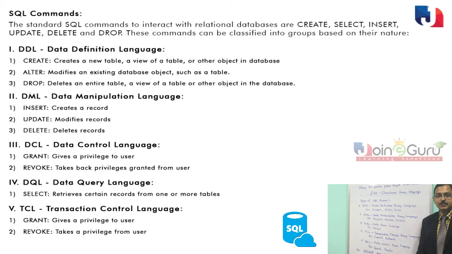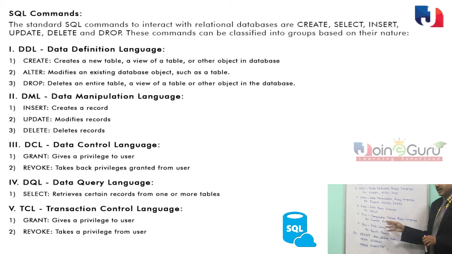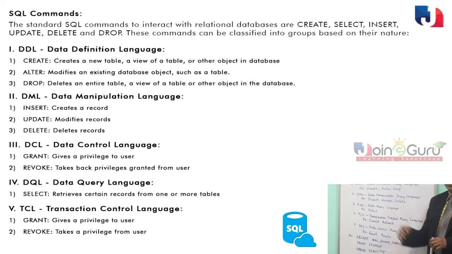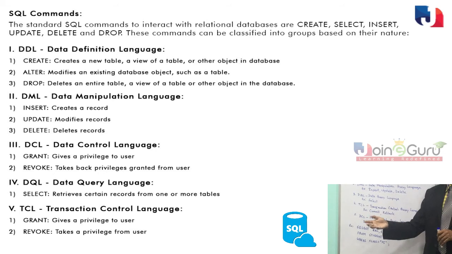Next, the third one: after entering the data, if you want to retrieve the details from the database table, we need DQL query, that is Data Query Language. It contains the select query, which is used to display the records as per our criteria. Next, TCL for transaction oriented operations, that is Transaction Control Query Language, we can use commit and rollback. After performing DML tasks, to save the details permanently, we can use commit, and if we want to cancel the operations, then we can use rollback.